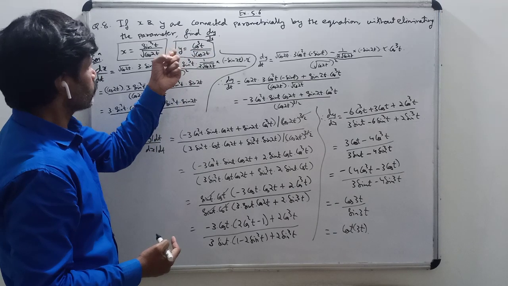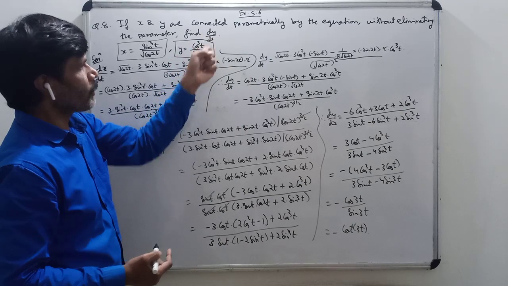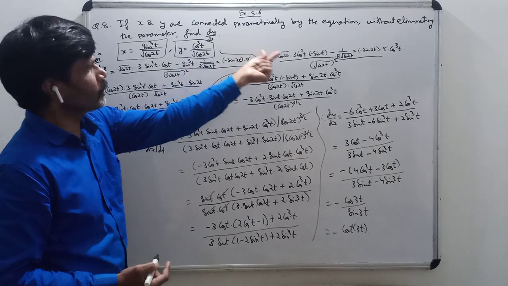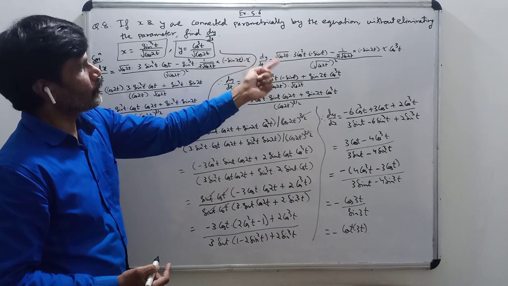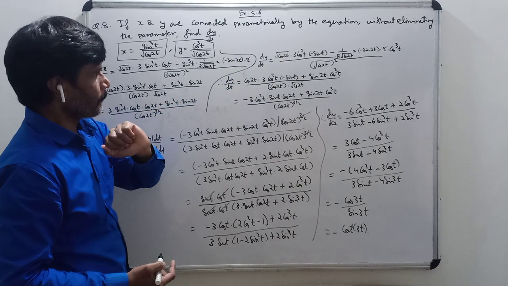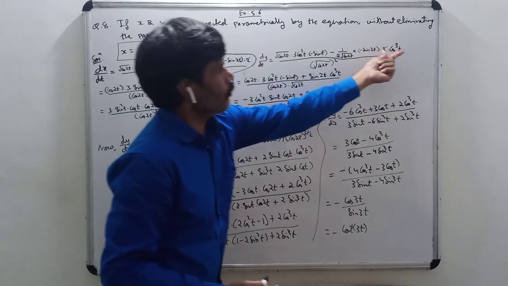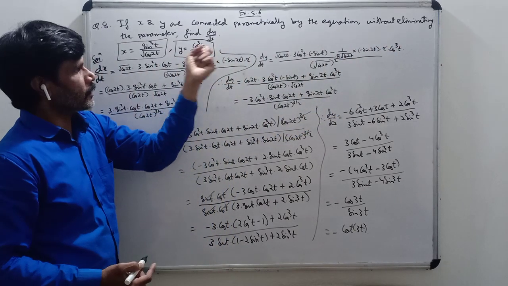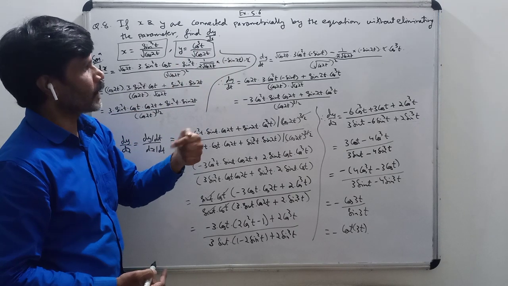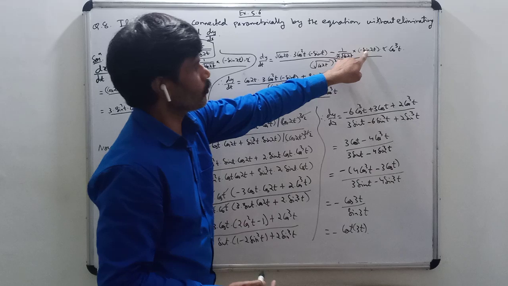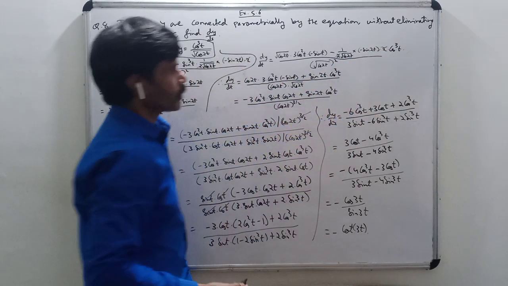Dy by dt. So derivative of y with respect to t will be dy by dt, that is equal to, again in the form of fx upon gx. So root cos 2t as it is, derivative of cos cube t is what? 3 cos square t into derivative of cos t, that is minus sin t. Okay, minus numerator as it is, cos cube t as it is, into derivative of denominator, that is derivative of root of cos 2t, that is 1 upon 2 root cos 2t into derivative of cos 2t, that is minus sin 2t into 2, derivative of 2t is 2, derivative of composite function.